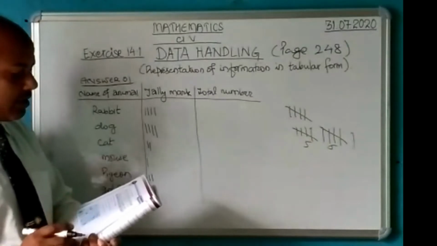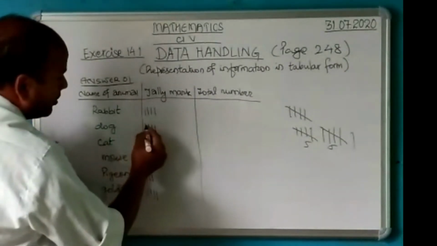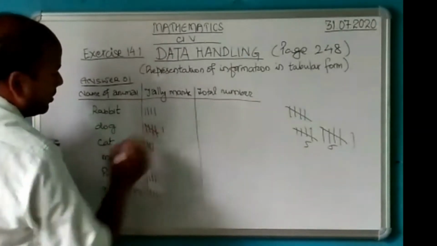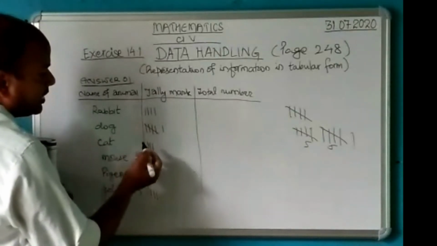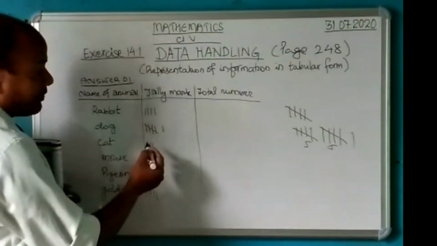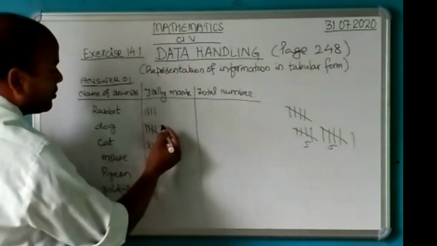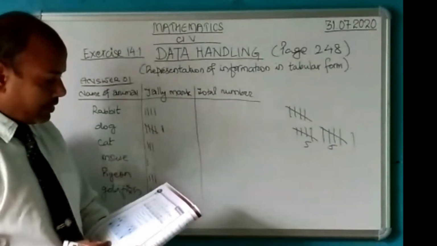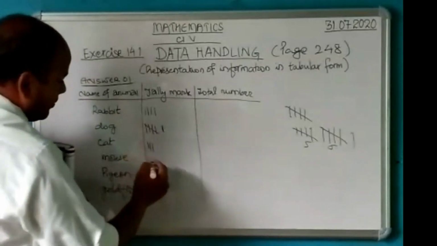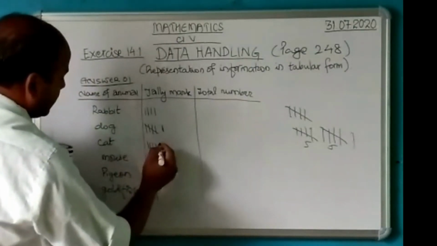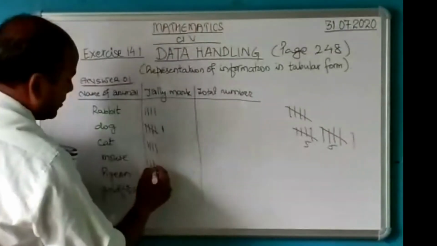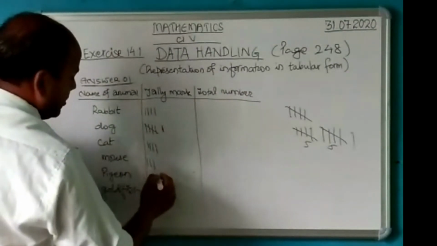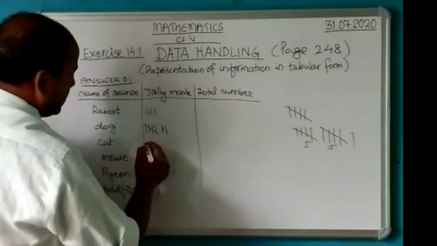So next one is dog, cat, pigeon, dog, dog, dog, cat, pigeon, dog. Okay, so let's try to understand this. When the dog came as the fifth one, I cut across, so it means the fifth one, and then once again when dog came, I drew another line. So this is the sixth one. This is 5 and 1, 6. Then mouse, cat, goldfish, mouse, mouse, cat, goldfish, mouse. Then pigeon, dog, cat, dog, pigeon, dog, cat, dog.